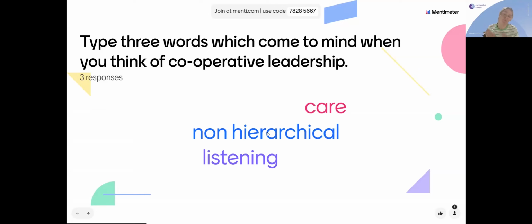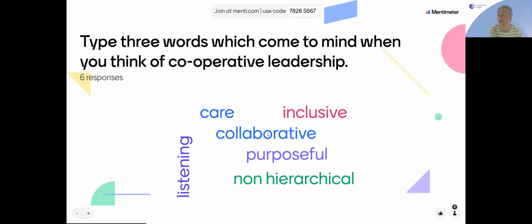Once we've finished this question, if you just leave that link open, because as we go through the presentation, we're going to refer back to the Mentimeter with a different question. On the screen, you should be able to see the different words popping up. The bigger the word, the more people have typed it. At the moment, they all look quite equal size, but if you can pop your thoughts on, we will have a look at some of these words.